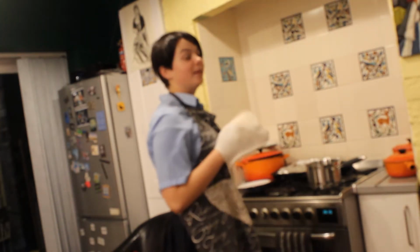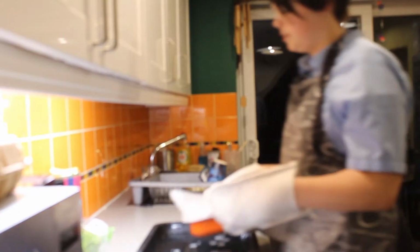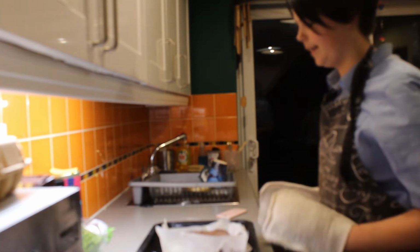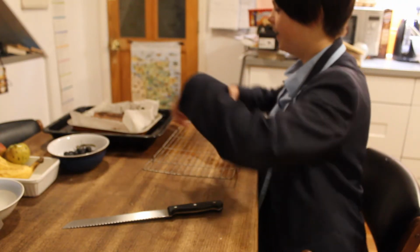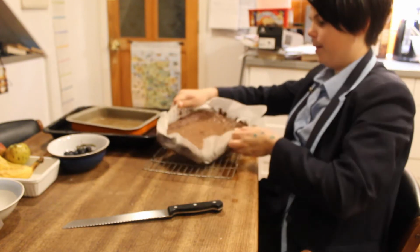So now I'm testing them again. And now the skewer's come out with no mixture on. So I'm going to take them out of the oven and put them in the ice bath. So that should cool it down nice and quickly so it's not soggy and it'll harden nicely and cook quite easily. Okay, so after an hour, you're going to take these out of the tray, holding them by the paper,